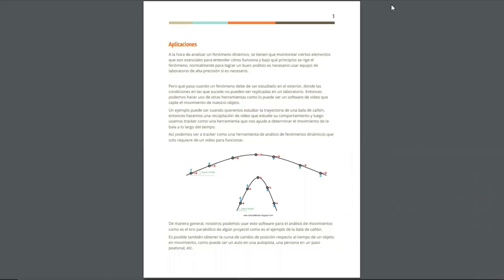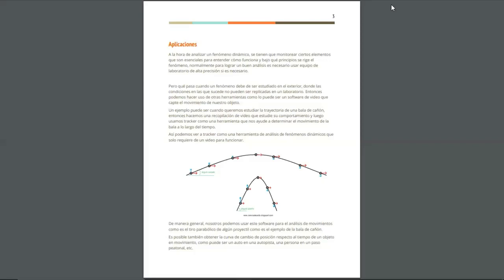Next, we have the applications. When we are analyzing a dynamic phenomenon, we have to pay attention to certain elements such as position, speed, acceleration, angular velocity, etc. Usually, we analyze all of them in a laboratory with special tools and precise technology. But what happens if that experiment cannot be replicated in a laboratory, or we don't have the equipment to perform these measurements? Well, in that case, we can use a video analyzer to help us